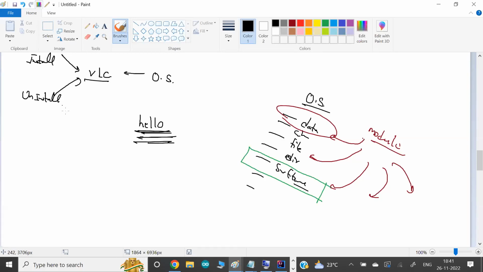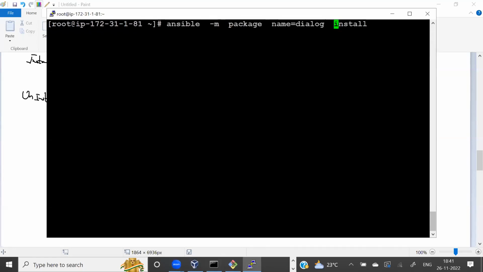This is called a different state. On your current OS where we are running the Ansible command, what state of VLC player do you want: installed, uninstalled, and other things. So whatever your final goal is, it is typically known as state here. My final state is, I want my software to be installed.